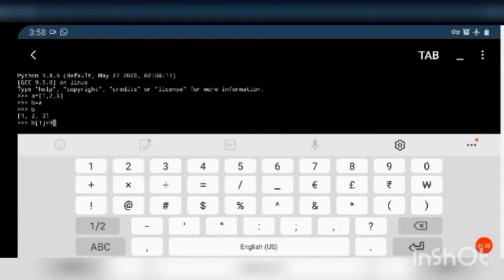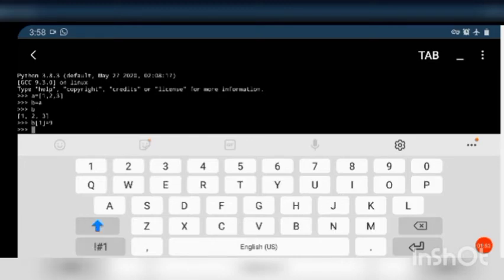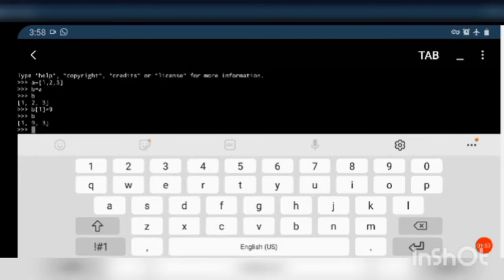At index position 1 in list B, we are changing the content to 9. After it is executed, if we print B, you can see 2, which was at index position 1, is replaced by 9. Now the elements of list B are 1, 9, 3.